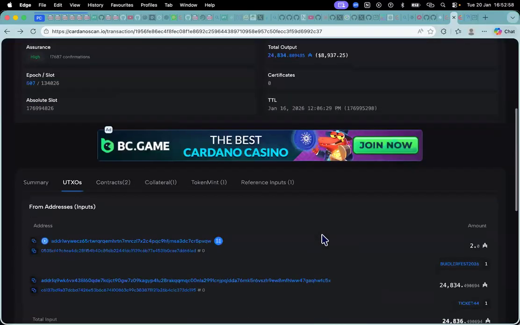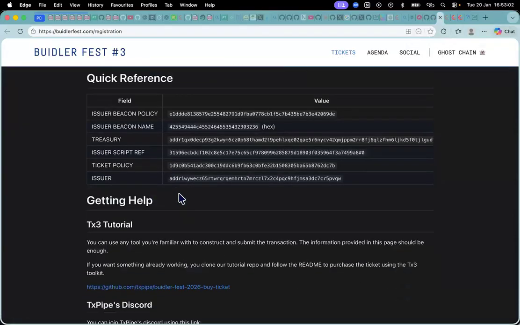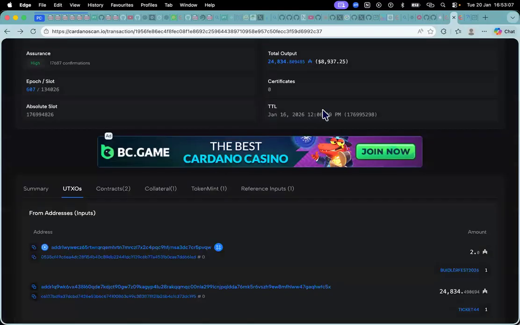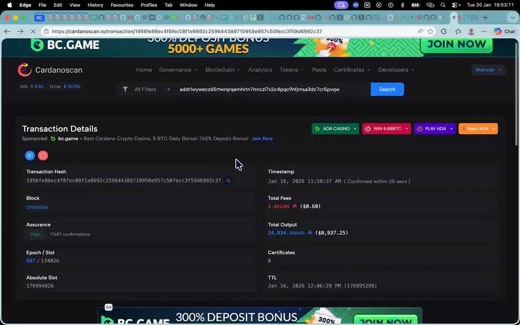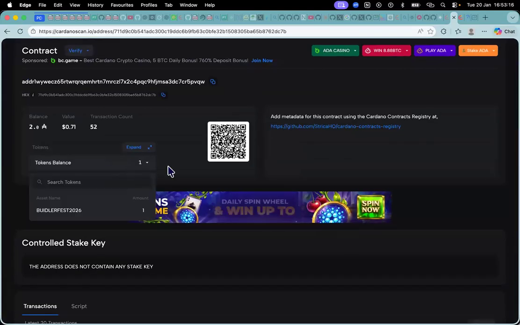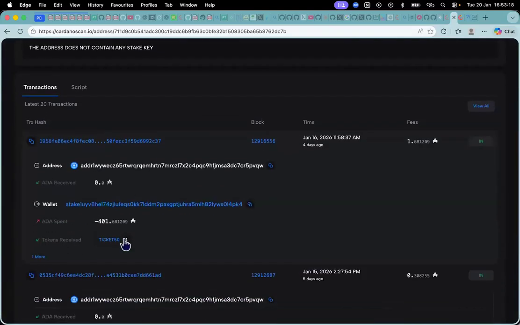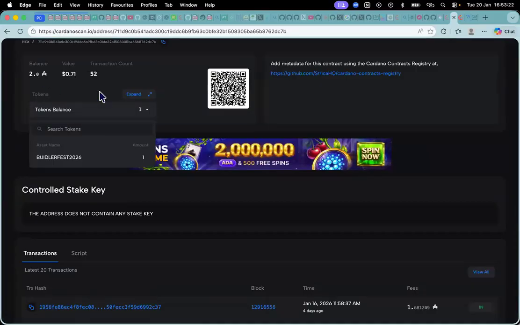Let me check on this address we checked before. I think this is it. To be on the safer side, let me check on this address. I want to check at least how many minimum Lovelace gathered. Just 2 ADA. And is all of the 2 ADA on one UTXO? Since there's only one UTXO, I think the minimum UTXO that should follow an NFT is like 1 point something ADA.